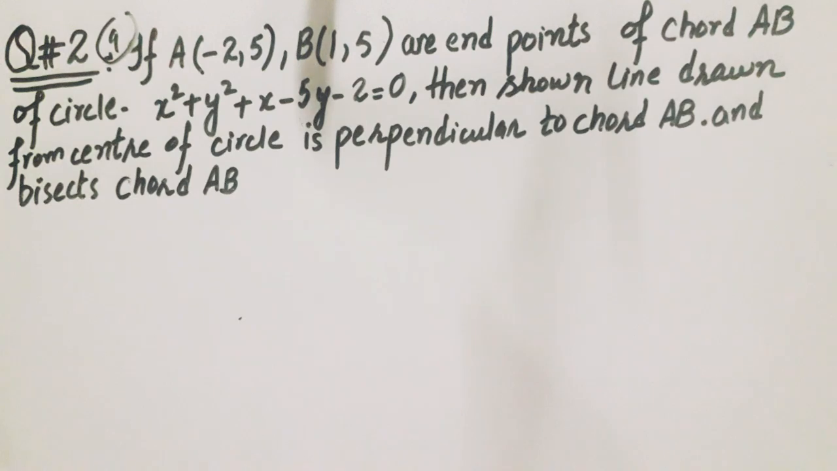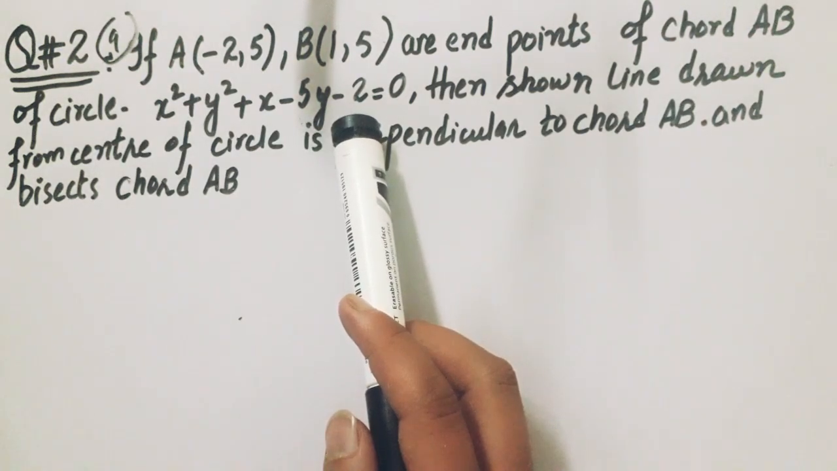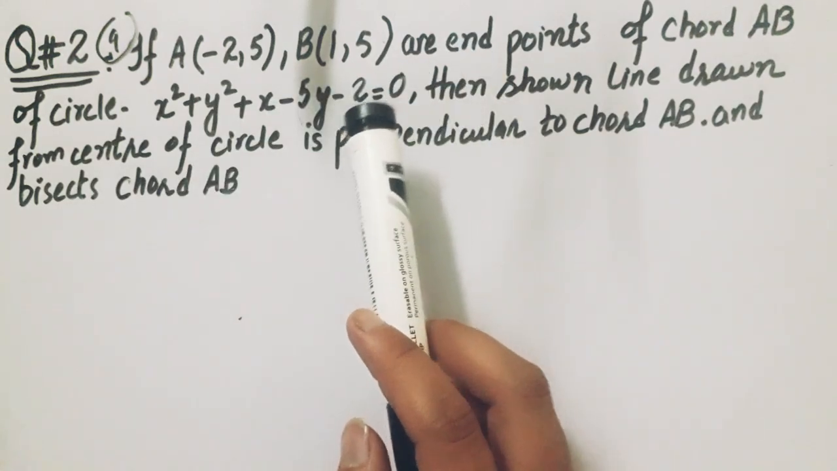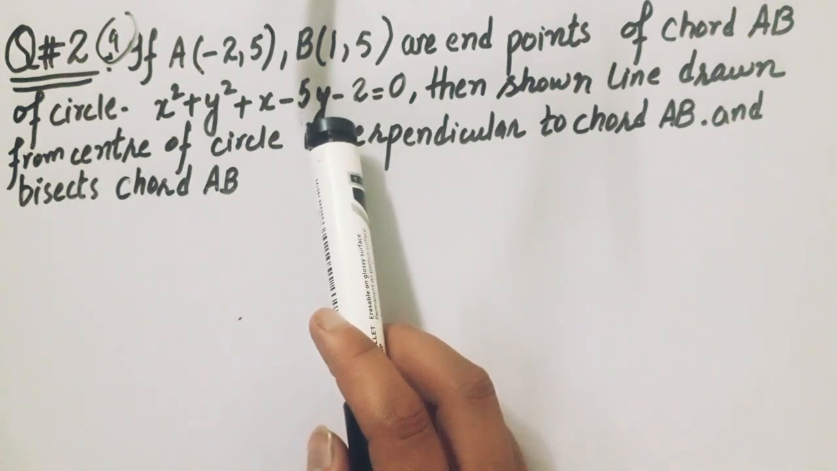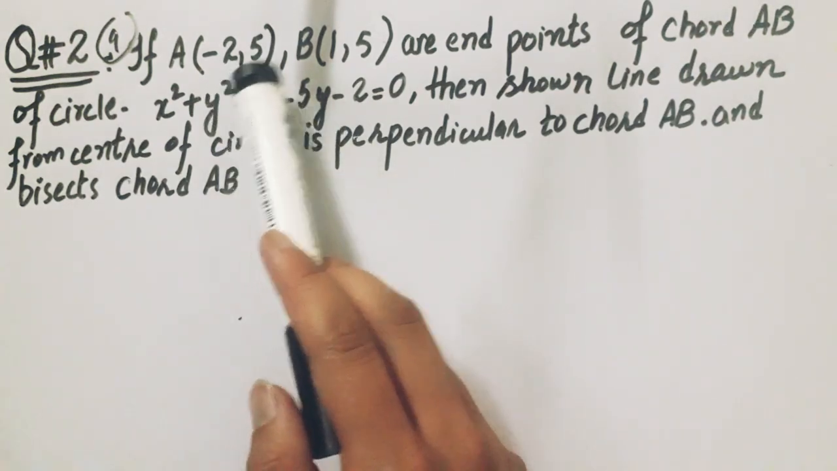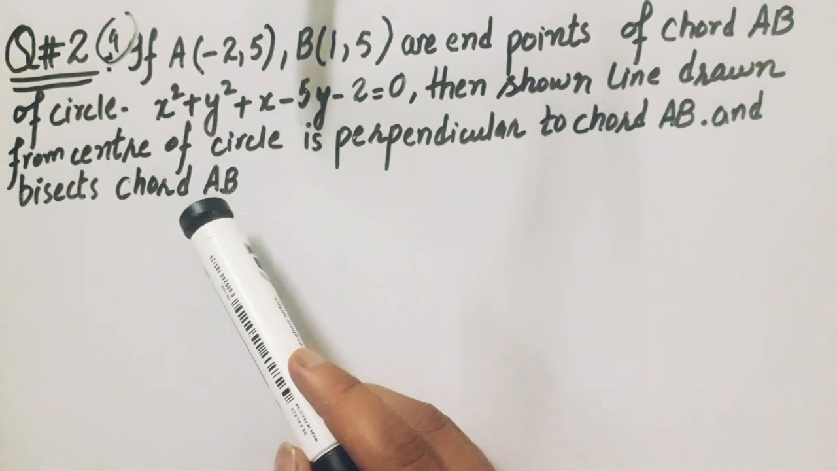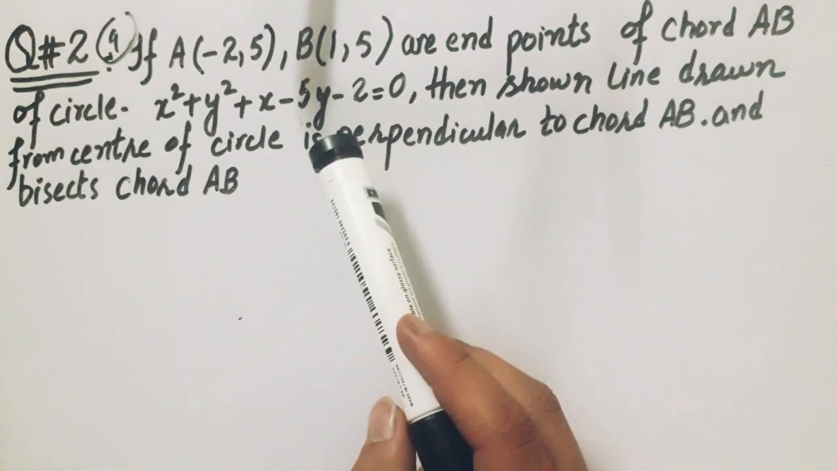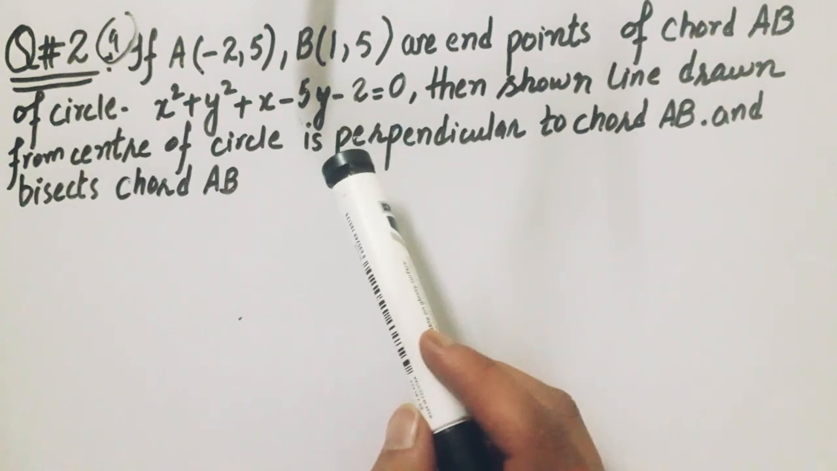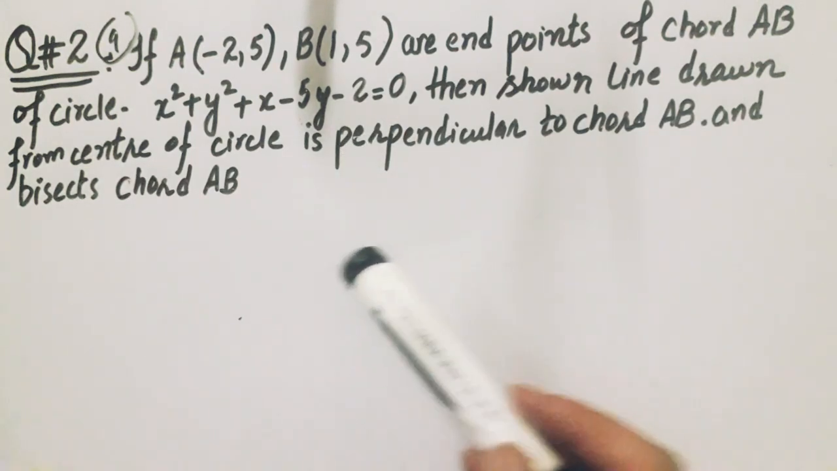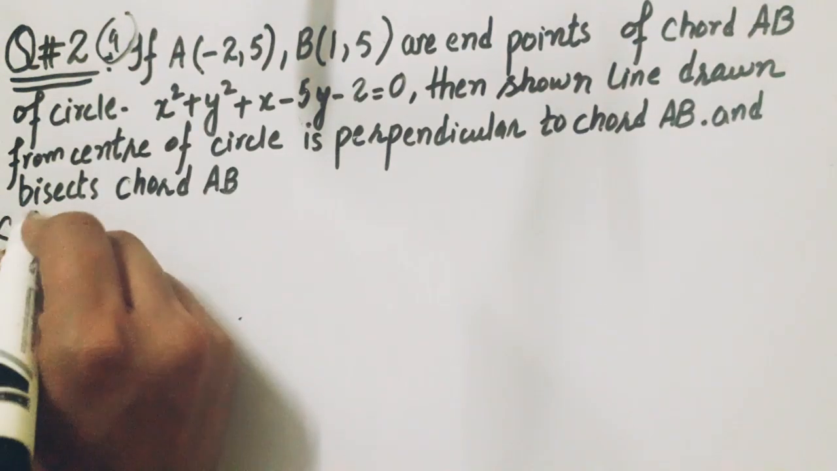Now first of all, we will find the center of the circle by completing the square. Then we will find the slope. After finding the slope, we will find the line connecting the center of the circle and the midpoint of A and B. Then we will show that the product of slopes is minus 1 to prove this perpendicular. Then we will show that the line AB lies on the line connecting the center and the midpoint. So first of all, we will start the solution